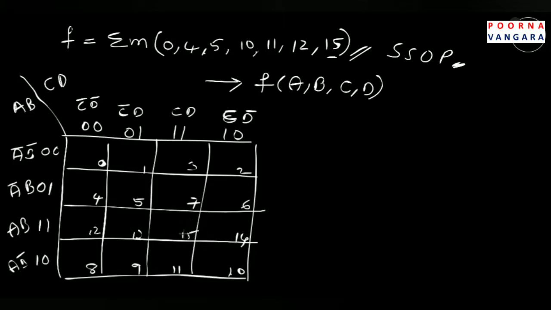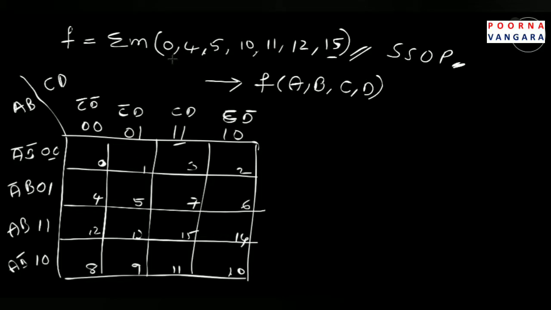Again I am mentioning why you have this kind of representation, like 0 1, after 1 we would expect to write 2, but because we consider this kind of representation, after 1 you are getting 3, because 0 0 and 1 1 will form 3. The reason I have already explained in one of the videos. Whatever general minimization we do with the help of basic theorems, the same thing we are doing with the help of K map in an easy way, right? With the help of some pictorial representation and some rules, we are doing the same thing, but in less time, with a few steps, right? That thing I have explained in the previous video, you can watch it.